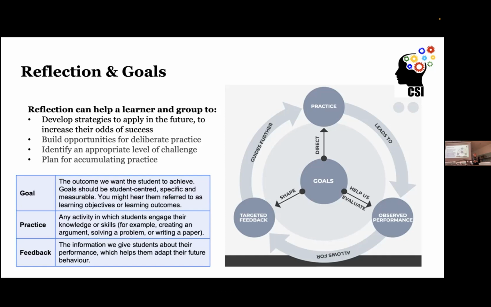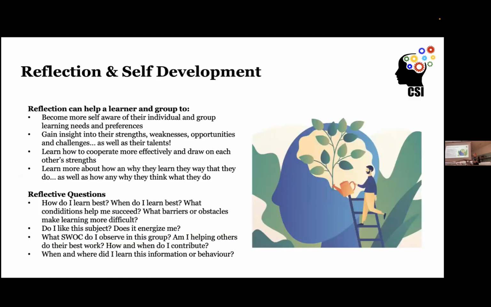So thinking about those things, reflection can help you identify what your goals are, and help you make sense of where you're at with those goals as well. Have you set the right level for yourself? Is it too challenging? Is it accomplishable at this time? Thinking about the SMART principles, it can help you set better goals for yourself and then help you assess where you're at with those goals too.